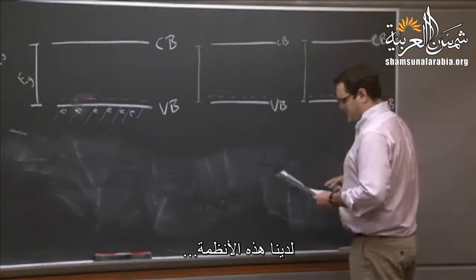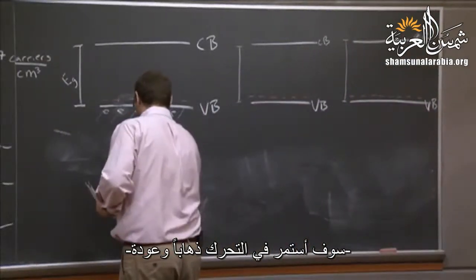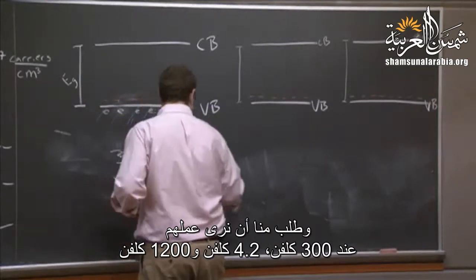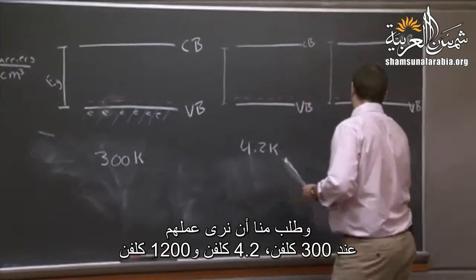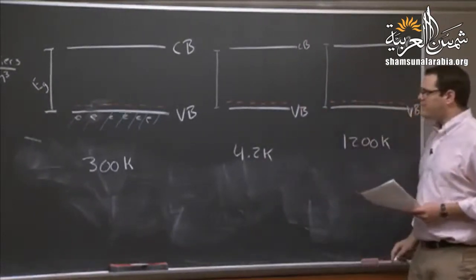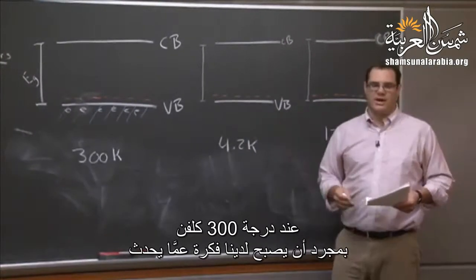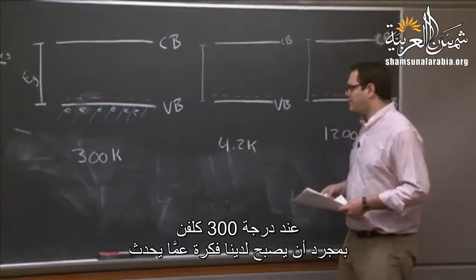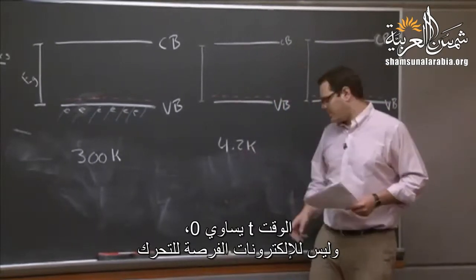So we have these systems, and we're asked to do them at 300K, 4.2K, and 1200K. It's Kelvin. Okay? Let's go with the extremes first, and then we'll do the middle one, 300K, once we have an idea of what's happening. So basically, in the very beginning, when we dope in a material,